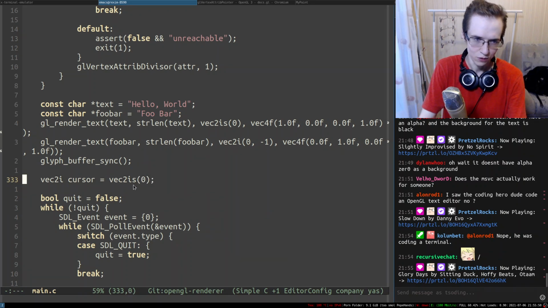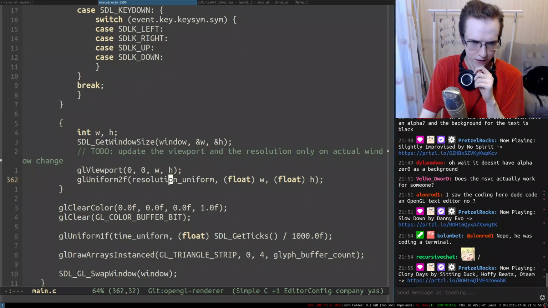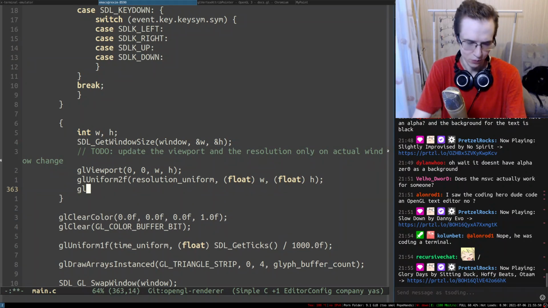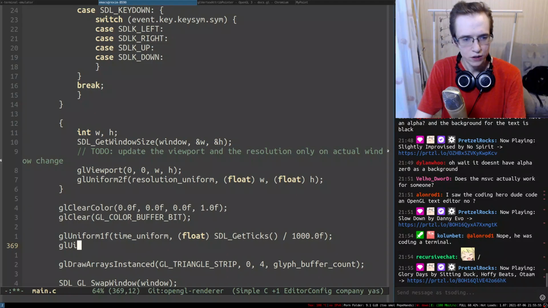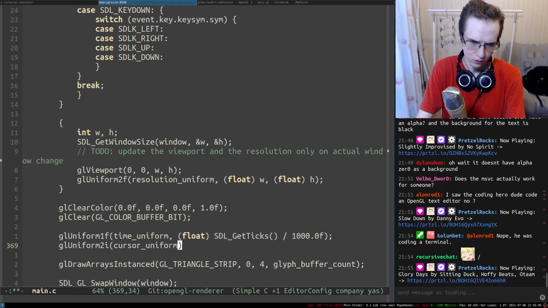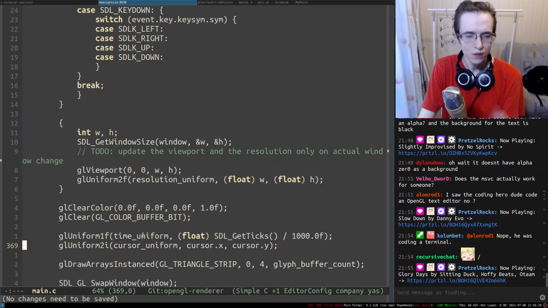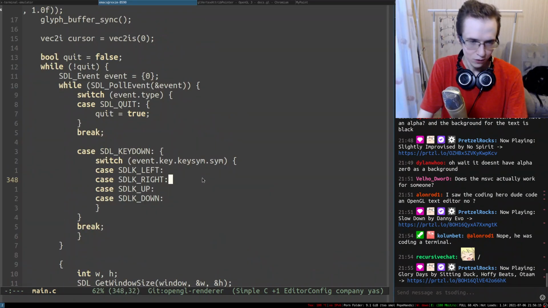It's initially gonna be 0. And on every frame in here, we're gonna be doing something like glUniform2i, cursor uniform, cursor X, cursor Y. There we go.